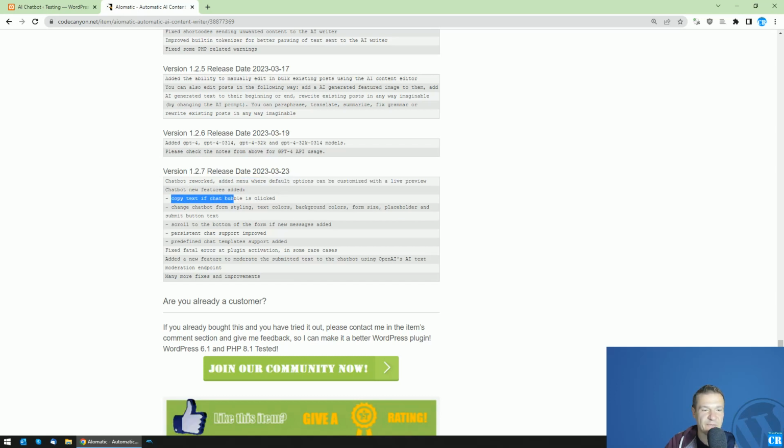Copy text if chat bubble is clicked, so people will write their chat, and you can enable this feature from the settings of the plugin. Now people will be able to click the chat bubble where they wrote the text, and it will be copied. You will also be able to change styling, colors, background color, form size, placeholder, submit button,